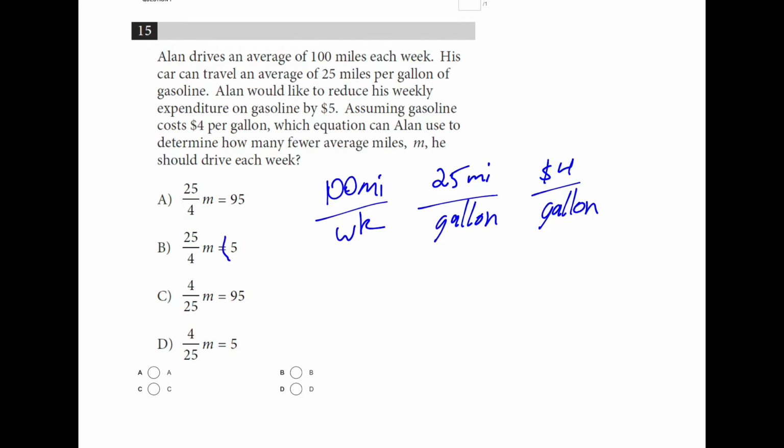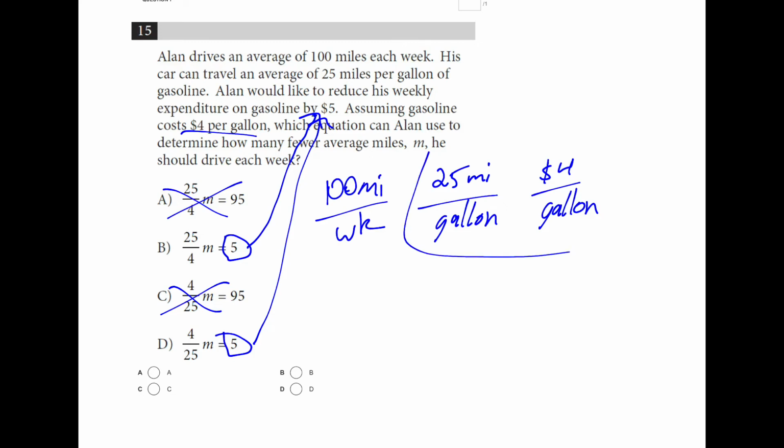So the ones that target 5 are going to be the right answer, because this equation will tell us when we can save $5. So these are not it. Those are about miles, reducing the miles by 5. But our target is to reduce the expenditure by 5. And how do we figure that out? Well, if it's $4 per gallon, and we're at 25 miles per gallon, so these two equations, we're going to